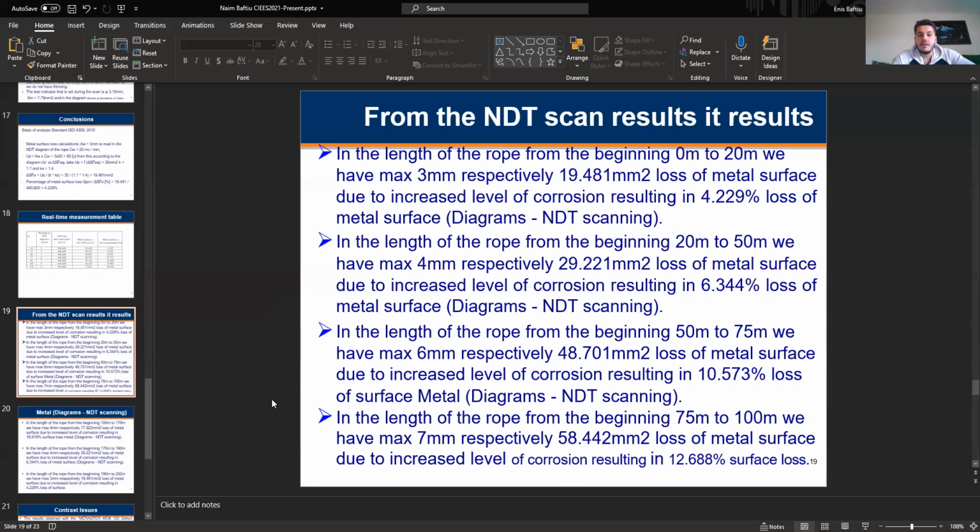From the NDT scan results, in the length of rope from beginning 0 meter to 20 meter, we have maximized 3 millimeter respectively, 19.4 and 19.4 millimeter loss of metal surface due to increased level of corrosion, resulting in 4.2% loss of metal surface. In the length of rope from 20 meter to 50 meter, we have maximized respectively 29.2 millimeter per cutter loss of metal surface due to increased level of corrosion, resulting in 6.3% loss of metal surface. In the length of rope from 50 meter to 75 meter, we have maximized 6% respectively